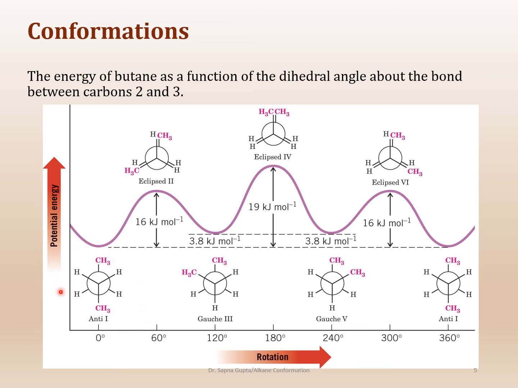And here, the first one, the anti one, is going to be the most stable structure of all. Now, this may not seem so important in butane, but this becomes really important when you have larger molecules because then they are stuck in their conformation and then you cannot get them to do certain things for you. So either they will not attach to enzyme locations or they will not do certain reactions because they are stuck,